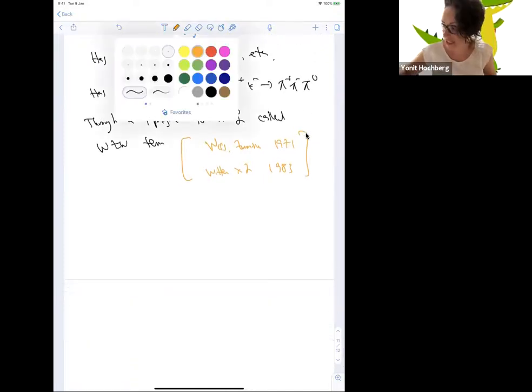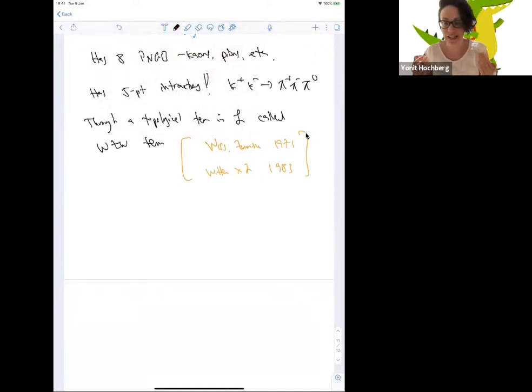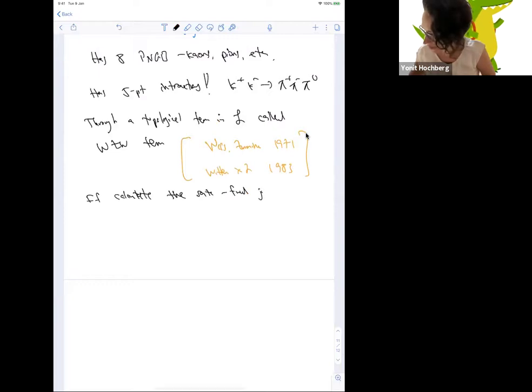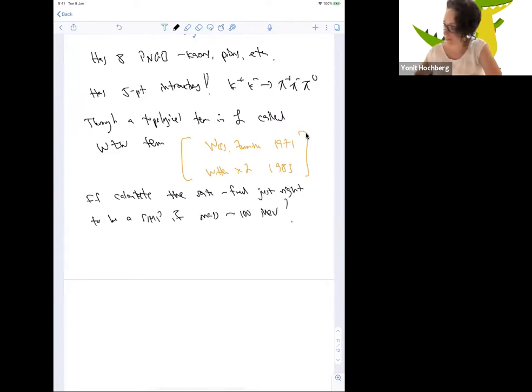And so in QCD, we have a term in the Lagrangian which couples 5 pseudo-Nambu-Goldstone bosons to itself. And in fact, if you were to take that term and calculate the rate, what you'd find is that the rate is just right to be a SIMP if the mass of the particles involved is of order 100 MeV. Okay, this is pretty crazy. And so, inspired by this,